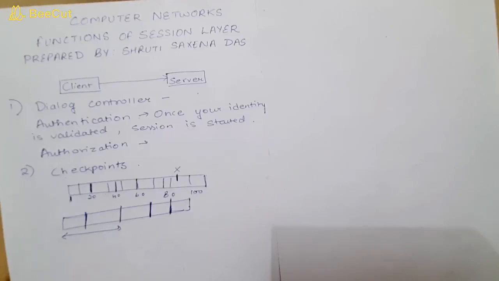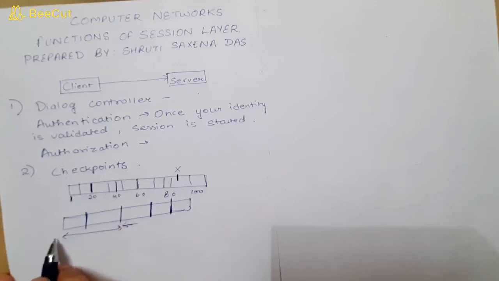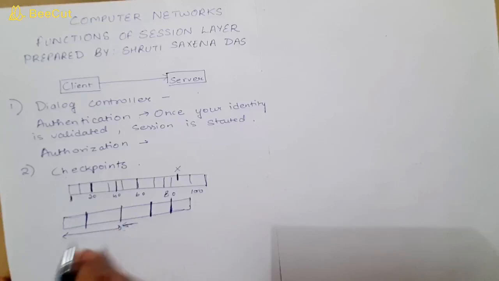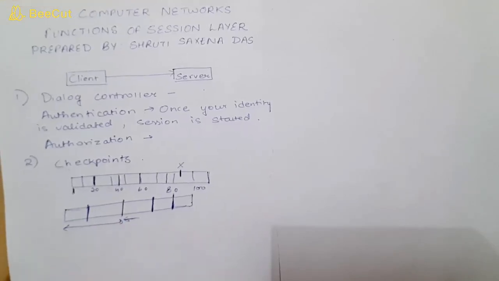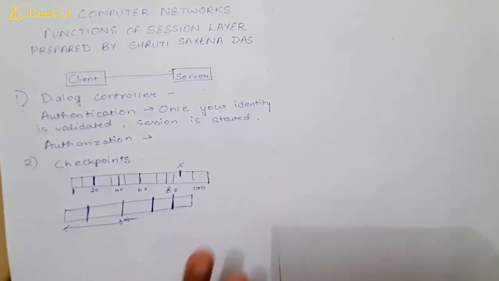Whenever you have data, you can start it again, and at that time it will be started from the checkpoint only. There is no need to start the download from the beginning. You can start it from the point where the last checkpoint was finished. So like this you can create checkpoints. Basically it is for synchronization. This ensures that the data streams up to the checkpoints are successfully received and acknowledged.